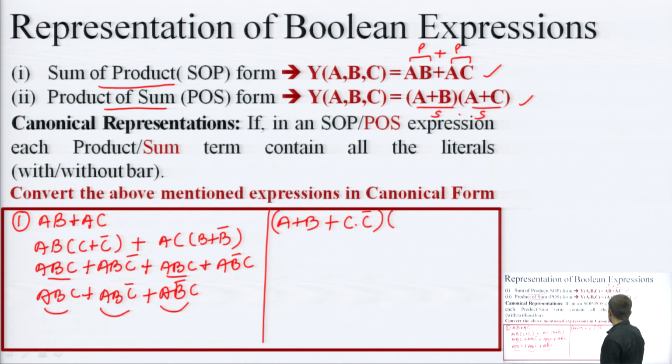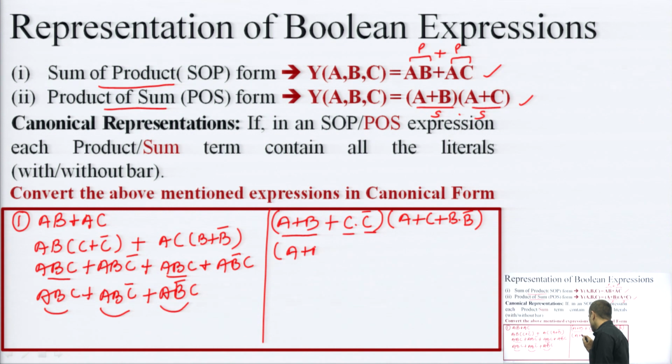Similarly, for the second one, A plus C plus B dot B bar. If I apply the distributive law, this can be treated as x, this as y, this as z. So, x plus y z will be equal to x plus y into x plus z. So, this becomes A plus B plus C, A plus B plus C complement, and this one